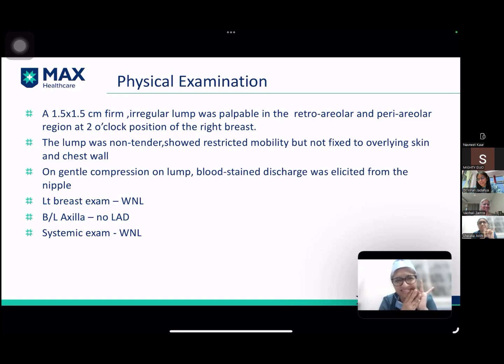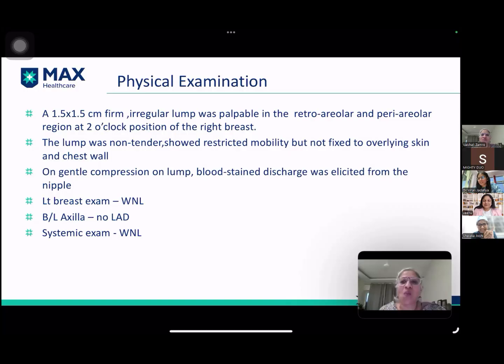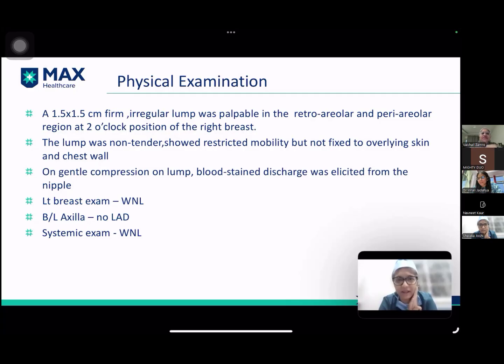Spontaneous, perfect. So unilateral, single duct, spontaneous, bloodstained, and one more thing, which you also said, sanguinous discharge, associated with a lump, and profuse, copious or profuse. So these five signs, when they are there, we describe that as pathological nipple discharge that